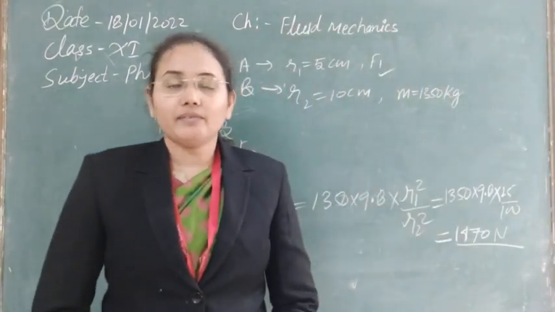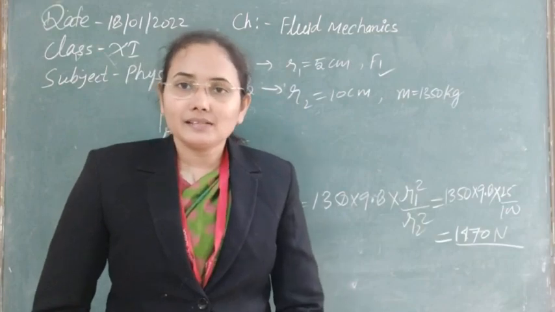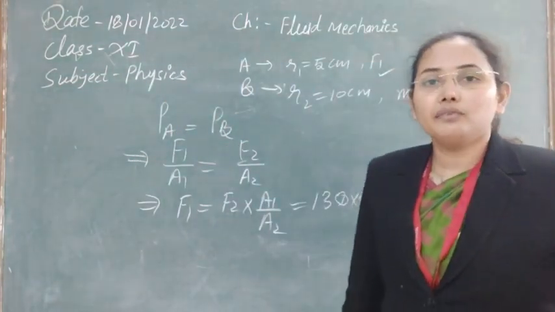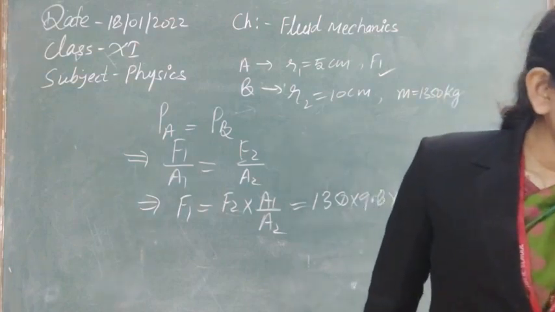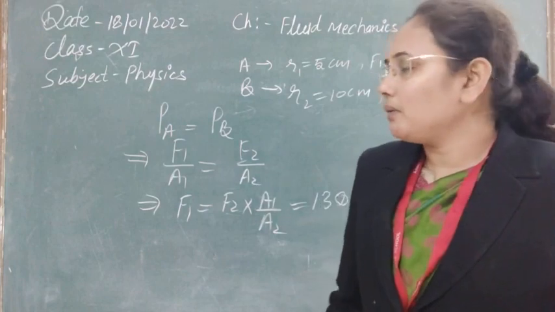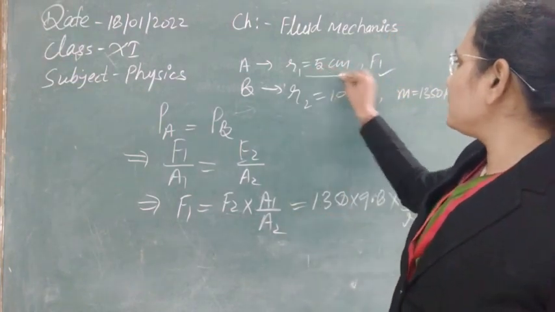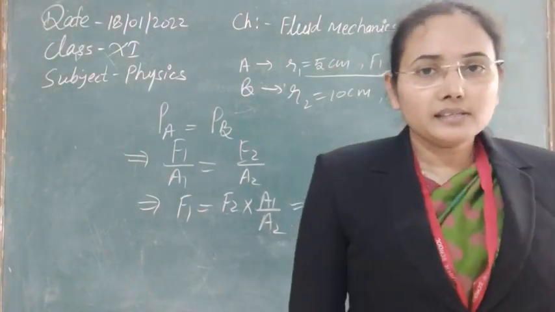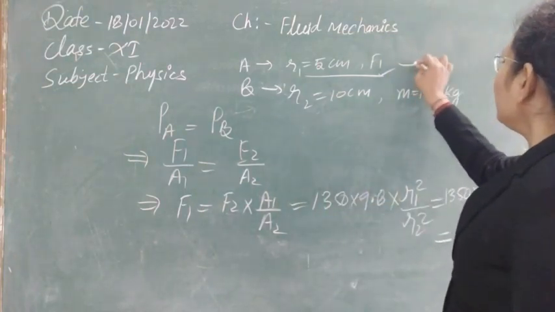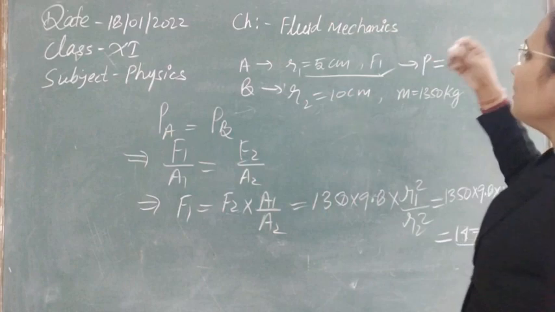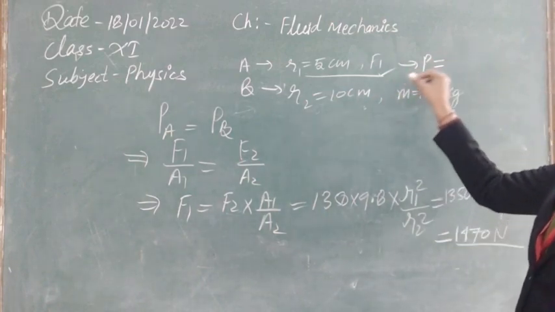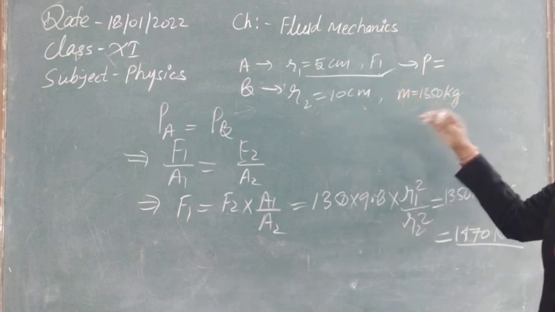So this is the answer for the question, a very simple concept based question, that pressure is equally transmitted in the liquid whenever there is the neglect of the gravity effect. Now the second question we have, what is the pressure necessary to accomplish this task. So the pressure that we have applied at the first piston is the necessary pressure to accomplish the task. It means that here we apply the pressure to give the particular force so that we can just lift this car.